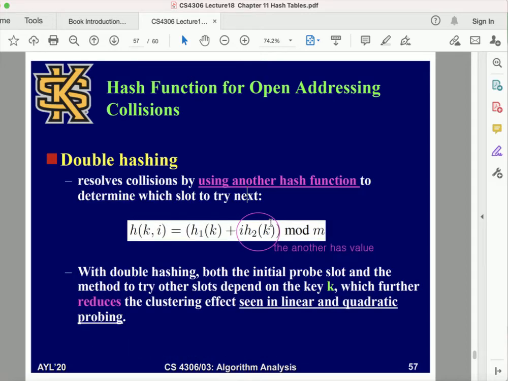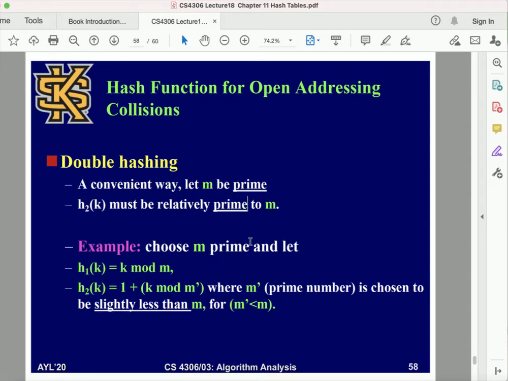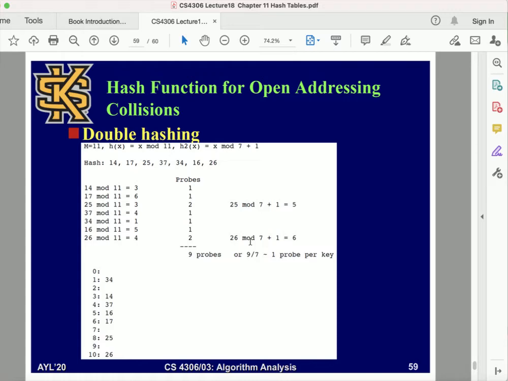Then I discussed double hashing, which uses two hash functions together. That is a complicated hash function. There are some examples here for double hashing, and for double hashing we need to use